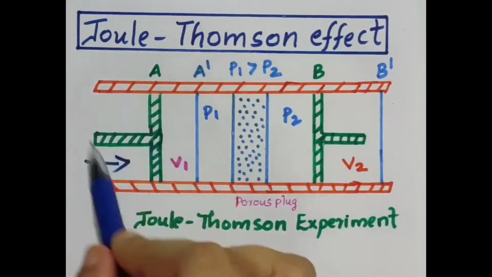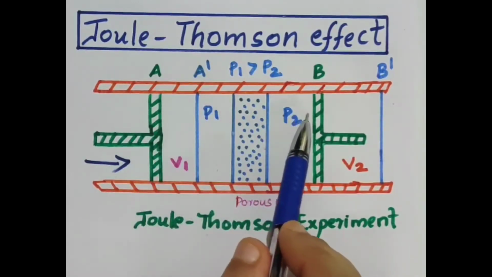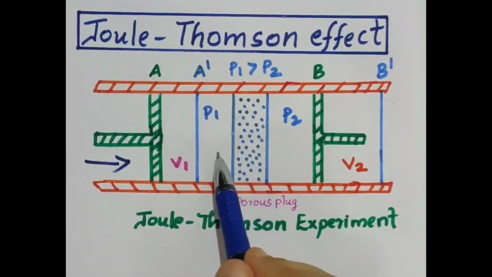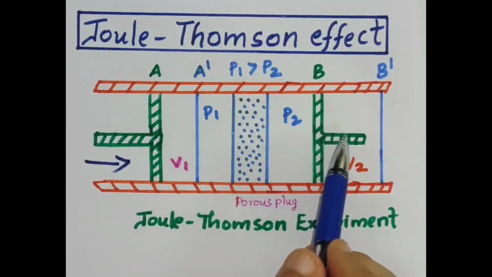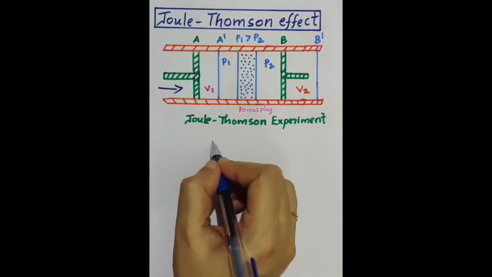That is, the gas under high pressure is allowed to expand under adiabatic condition through a porous plug into a region of low pressure. Now, work done on the system